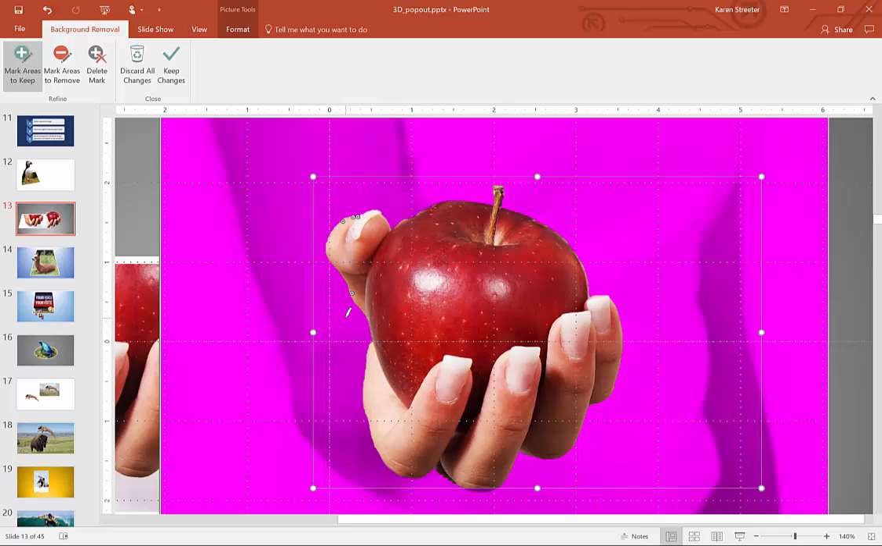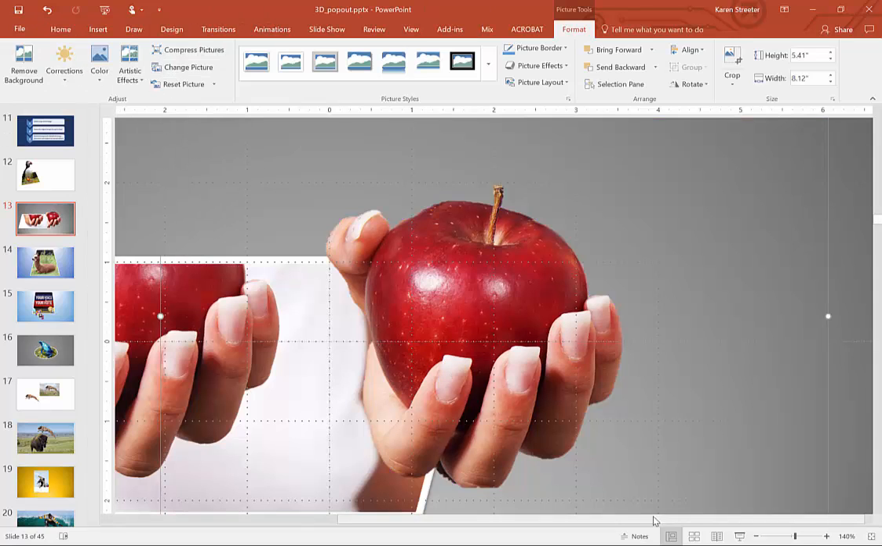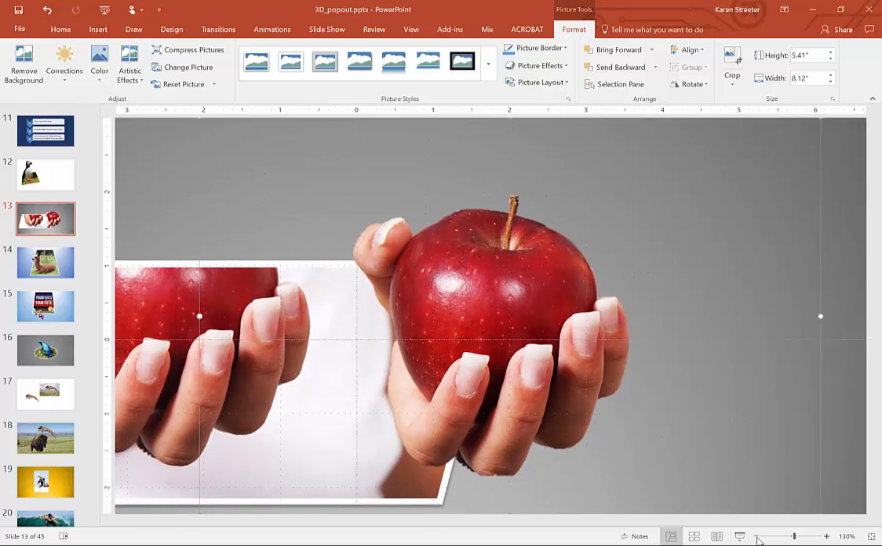But that's the process that you would do. You would either mark areas to remove if you had some that were showing that you didn't want, or you would mark areas to keep. Those are the tools that you use to actually get the final shape you want. Now that I have what I want, I'm just going to slide over here and say keep changes, and let's zoom back out,